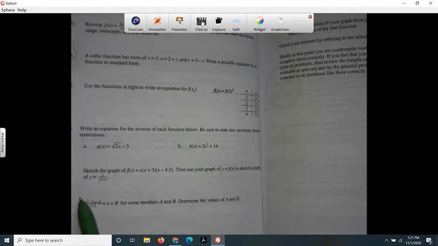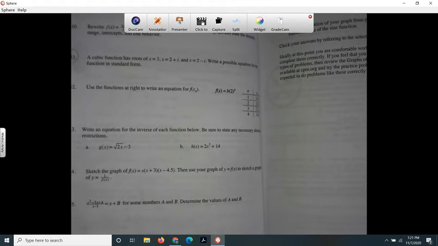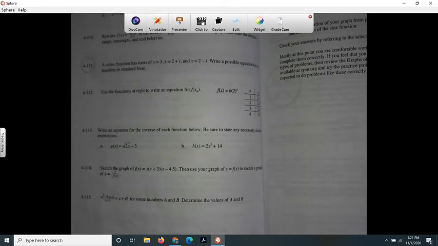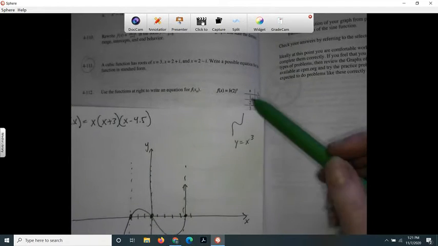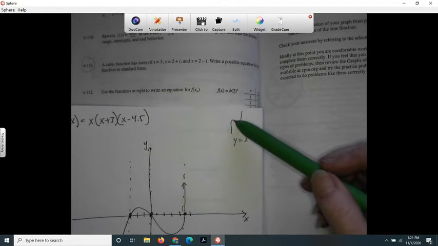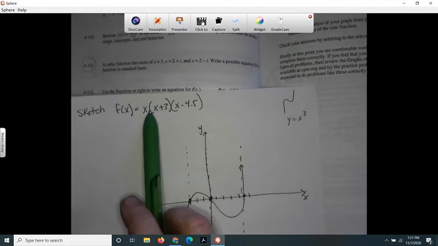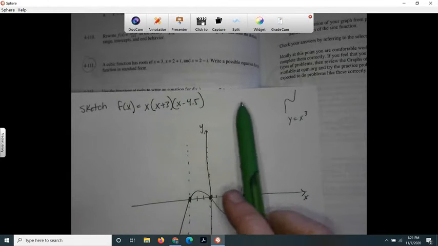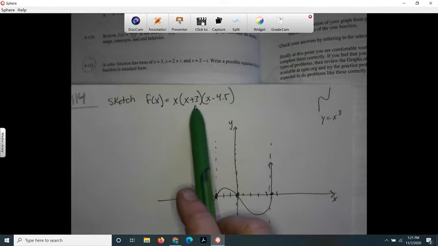So f of x looks like a cubic, and we know that cubics, the parent function, it goes like this. Okay, so I think you probably won't have too much trouble graphing this. You would just graph your xy axis. You know you're going to have